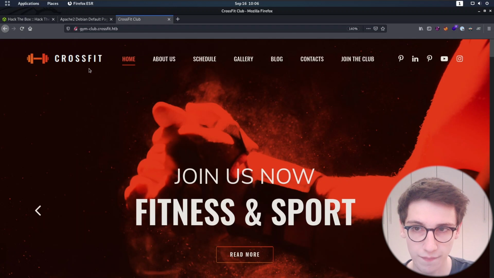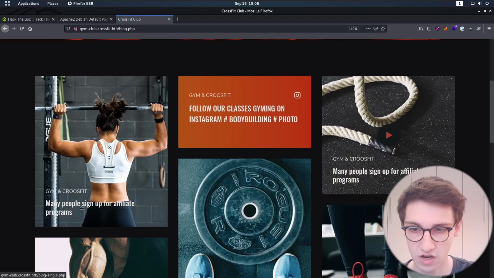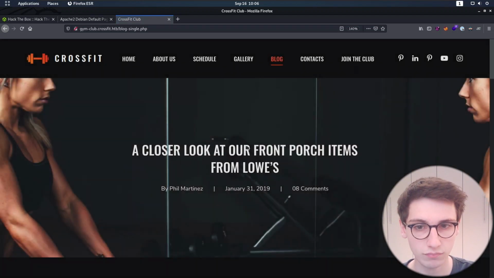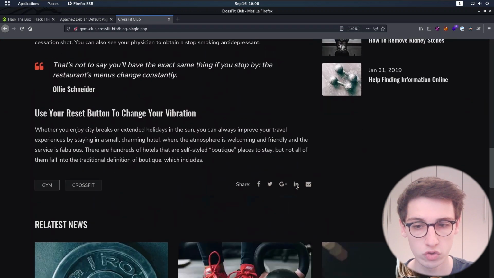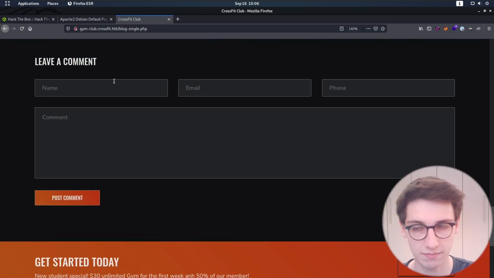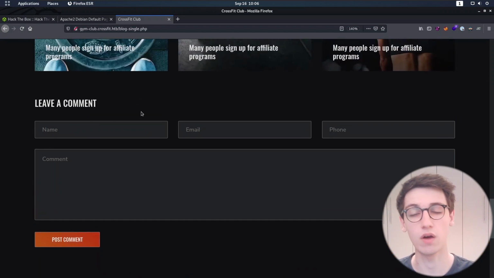Now this website has a blog, and on this blog we can read an article, for example, and that will lead us to this page. Now if we scroll down on this page, we see that you can comment on articles, and this is some place where we have user input. So that's interesting. Let's see if our comments appear on screen, and then maybe we can go for a reflected